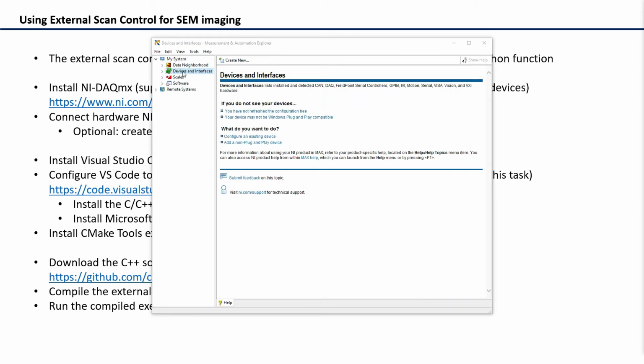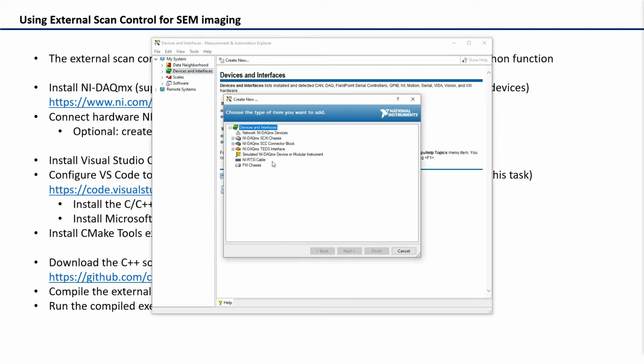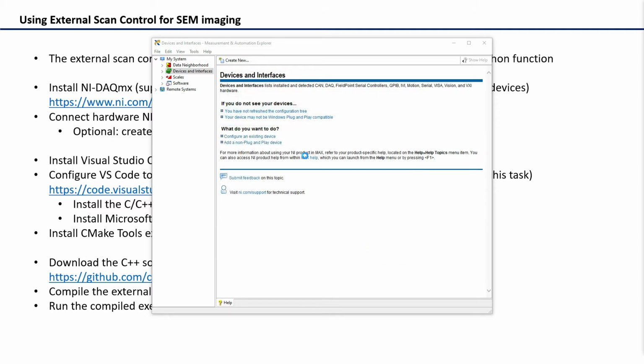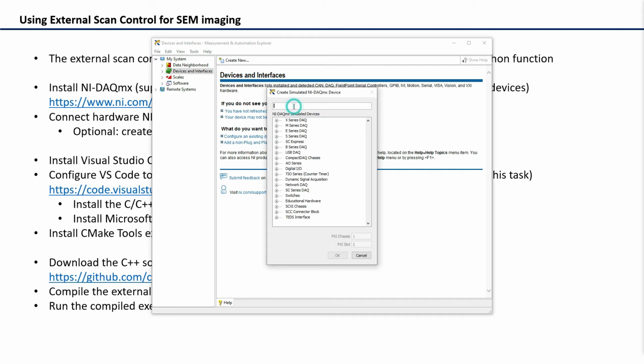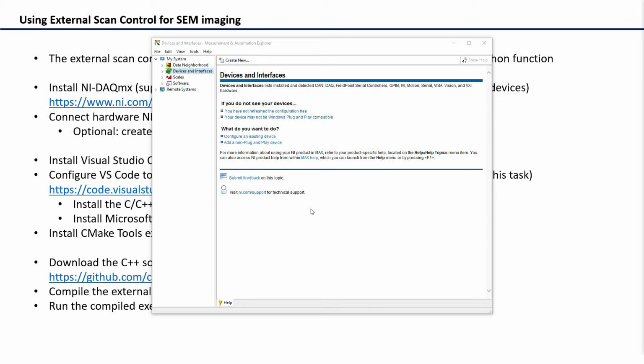And to do that, here we go to Devices and Interfaces and hit Create New and select this Simulated NI-DAQmx Device. And we can search for the model number, which is USB 6251 with BNC connector, and hit OK.